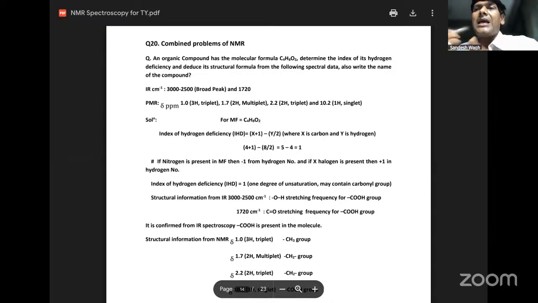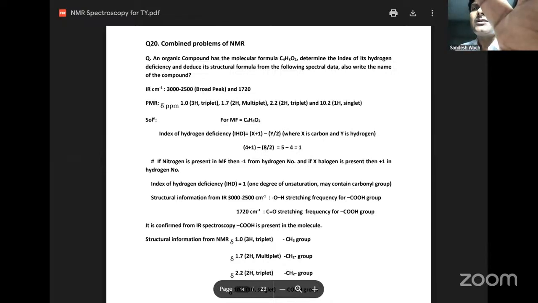But as we have focused on IR and PMR, let's have the information about the IR, NMR, and how to assemble the structure. All those details we are going to talk about in the next lecture,